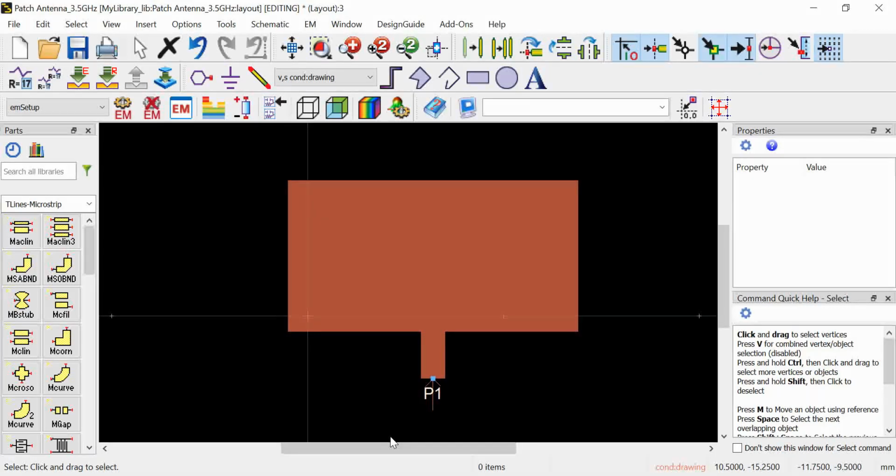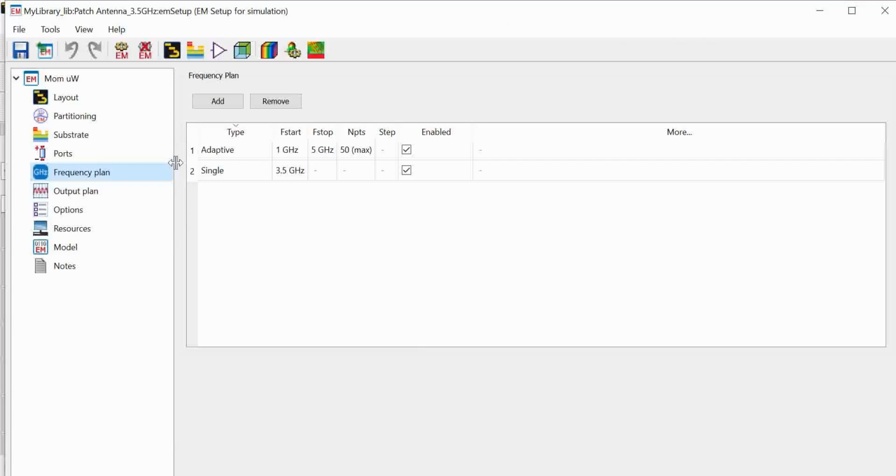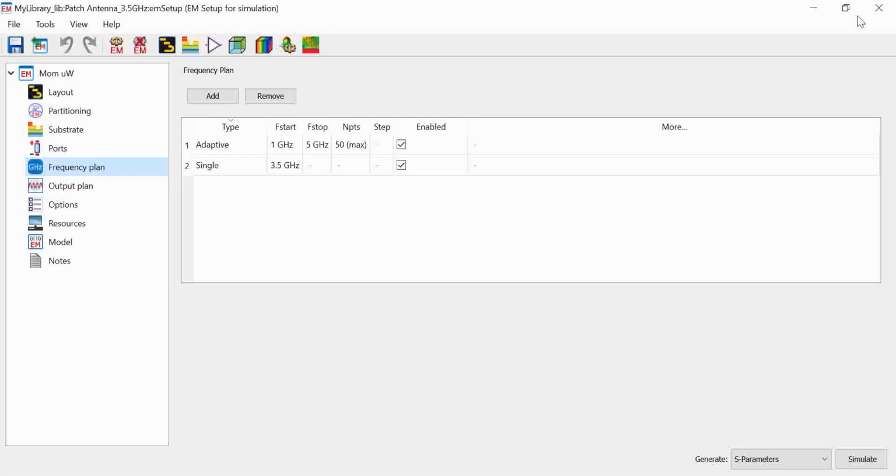So in case of the patch antenna, which is made for 3.5 gigahertz, that is a sub 6 gigahertz application, if you want to see the far field, we will have to follow the same steps. For this, I will run the simulation one more time. First thing, and then second thing is that in case of far field, in the output plan under the